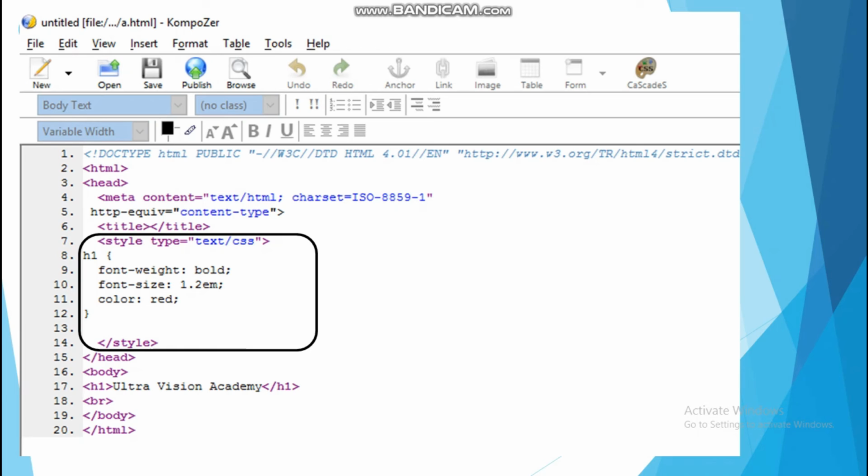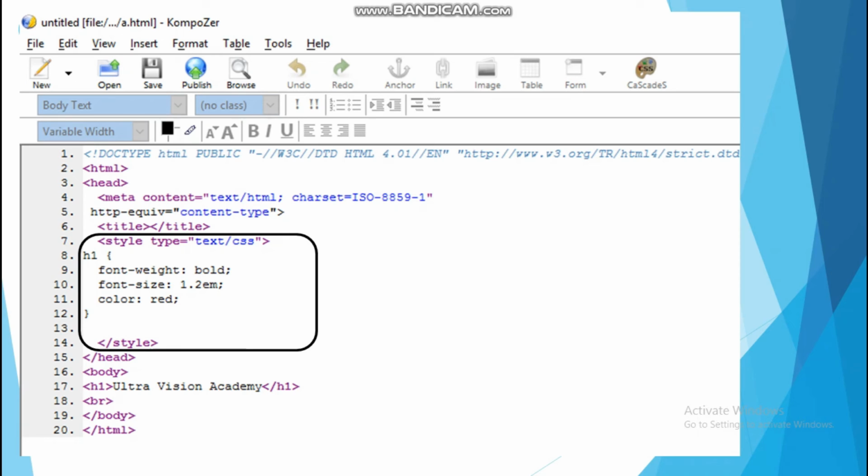You can see the style tag and /style tag is written, and inside the style tag, type equal to text/css is given. It is because there are several different style sheets available in the market, and here we are specifying that whatever code we have written is CSS, and that is why we have to give type equal to text/css.